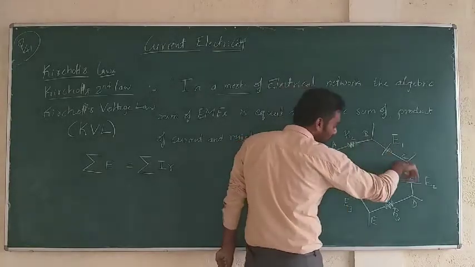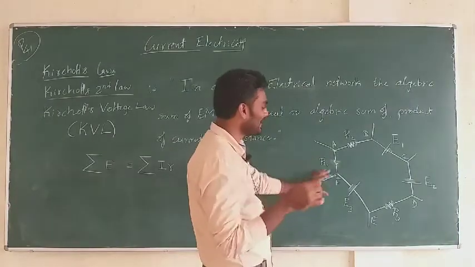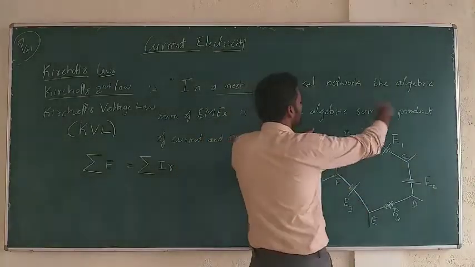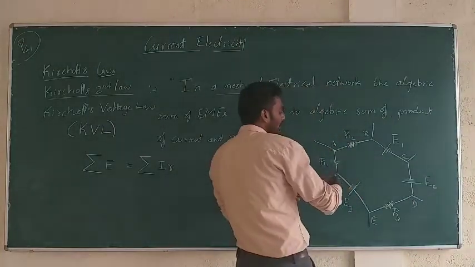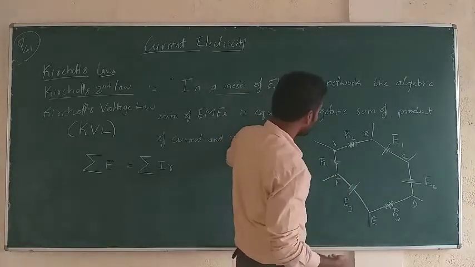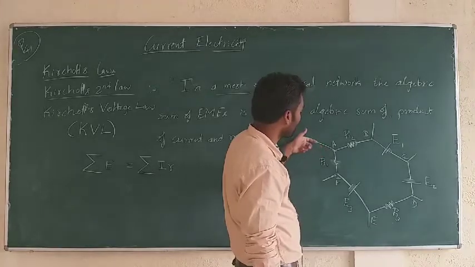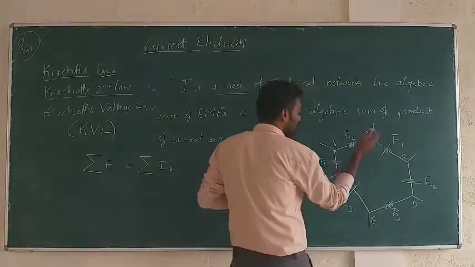Even though it's a closed path, the current might not necessarily be the same in the entire mesh, because you have other connections here, okay, and the current will be splitting, part of the currents will be flowing to that and part of the current will be flowing from those networks which are connected outside to the mesh. So, currents can be different.